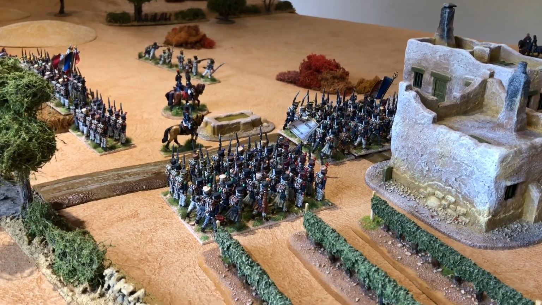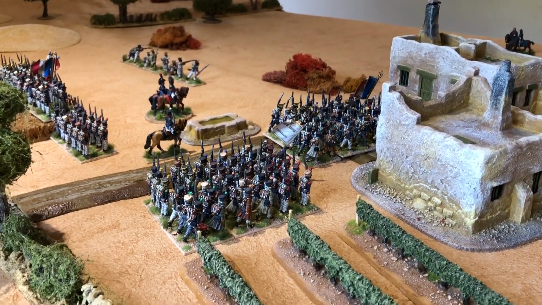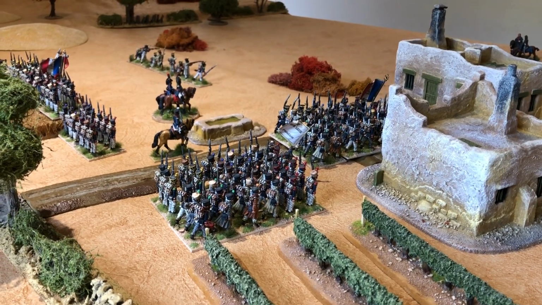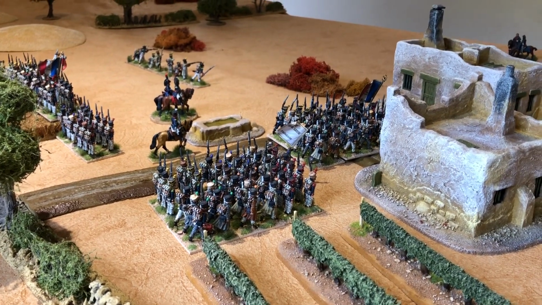So the French start the game with an infantry brigade in the village of Subiana. I think that's how you pronounce it correctly. And this is Schwitter's brigade of the 55th and 58th line. These are all standard level troops. And supported on his left, we have Maransin